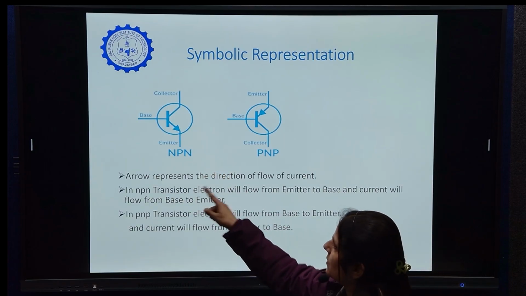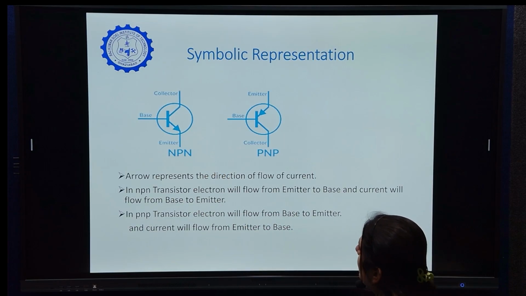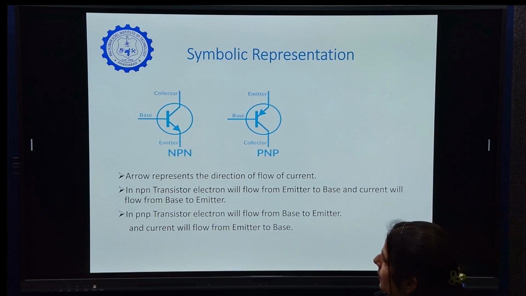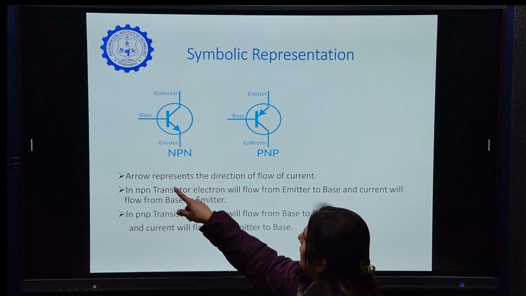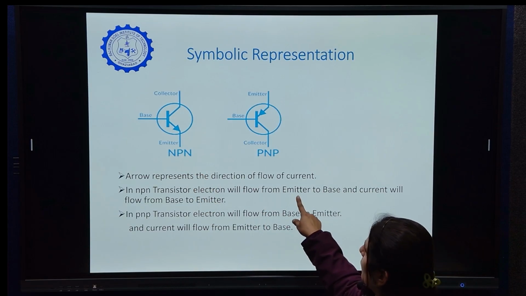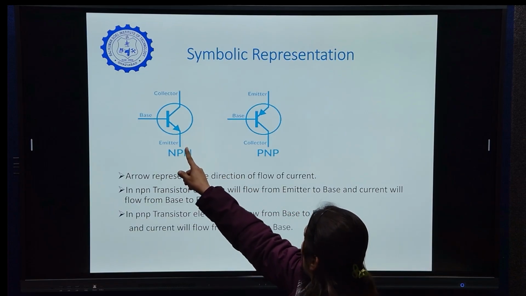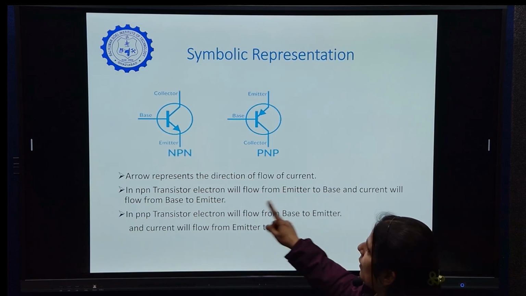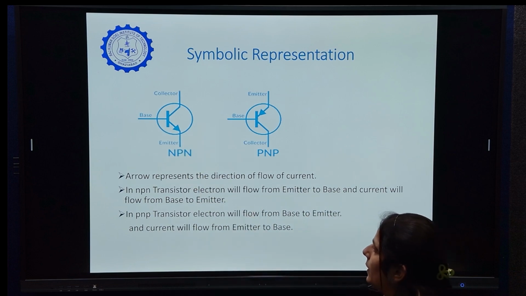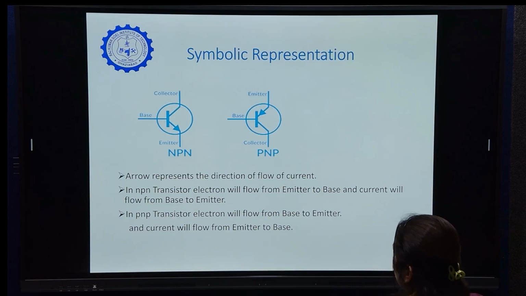In NPN transistor, the direction of flow of electrons is from emitter to base and the direction of flow of current is from base to emitter. Similarly, in PNP transistor, electrons will flow from base to emitter and the current will flow from emitter to base.